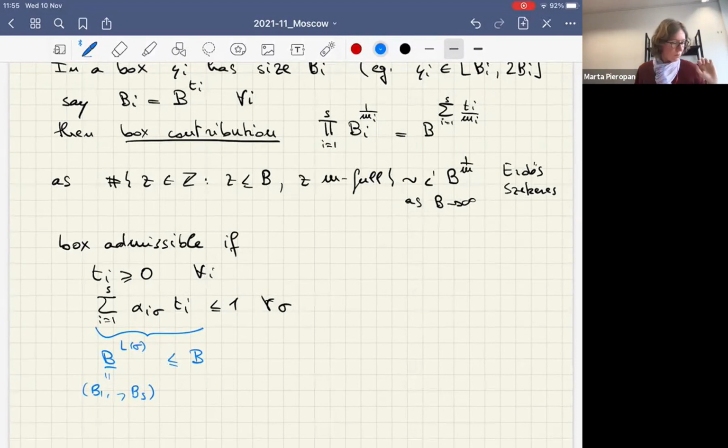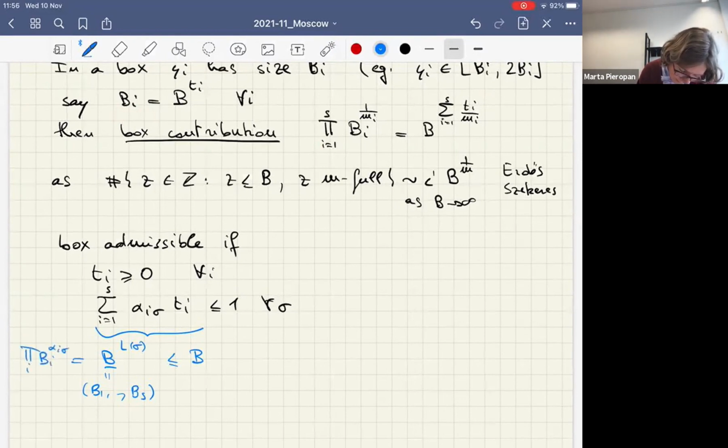Okay, now I think I'm using too many b's. I'm sorry about that. So we are asking that all the points satisfy the height condition. A certain monomial has a size at most b, and then I'm putting my bounds into this condition, and what I get is this thing here, which is the product over i of b_i to this alpha_i(sigma),